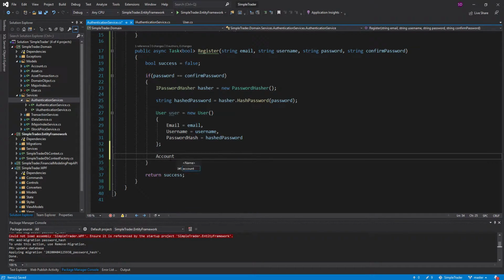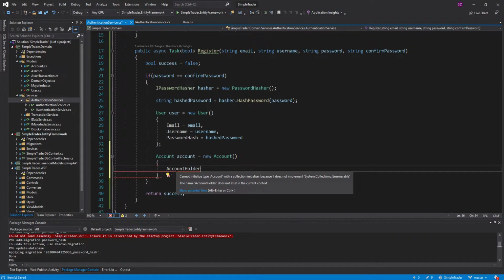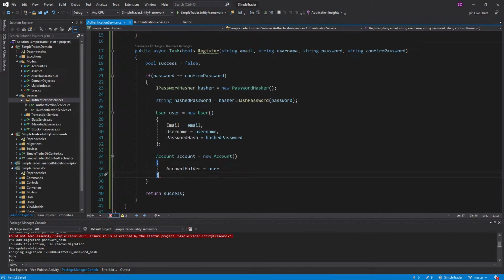So let's create that account. And then all we need on here is the account holder, which is, again, the user object. So we can just set that like that. And I think that's actually all we need on the account. Is there any other balance? I mean, I guess we could, for testing, just give an initial balance, but we're not going to do that. That should be always set. So now we've created our account that has a new user,